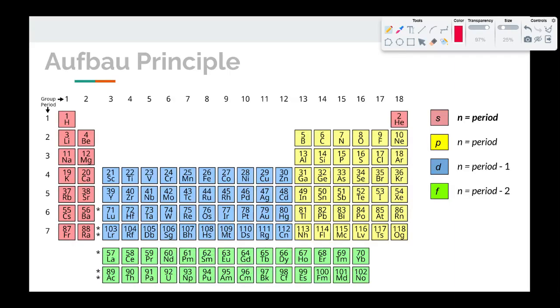Going back to this periodic table to help us out, the first one we're doing is aluminum right there. So what we're going to do is, first of all, just do aluminum full notation. 1s2, 2s2, 2p6. That gets us through the second period. And then now we're in the third period, which is aluminum's period. 3s2, 3p1. So that's the electron configuration notation for aluminum.